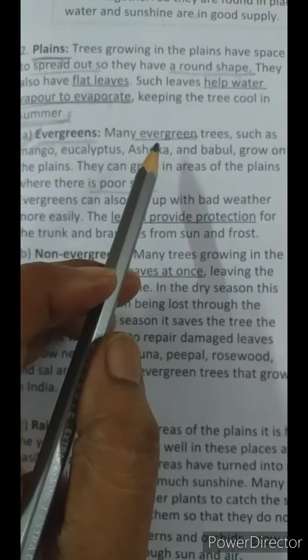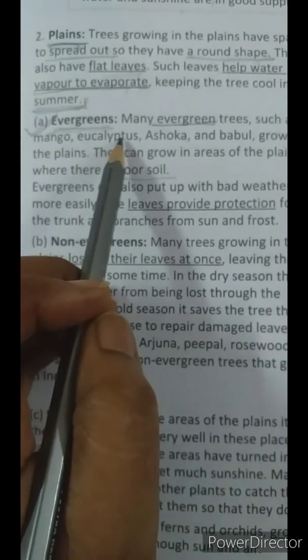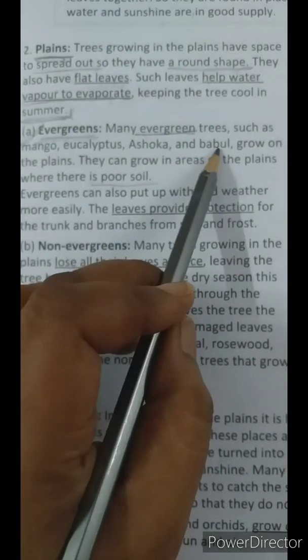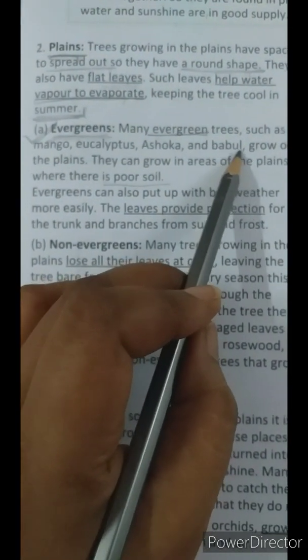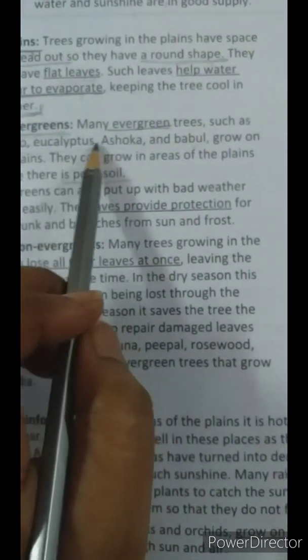So a few examples are given here of evergreen trees, and they are mango, eucalyptus, ashoka and babool, etc. You will find them green throughout the year.